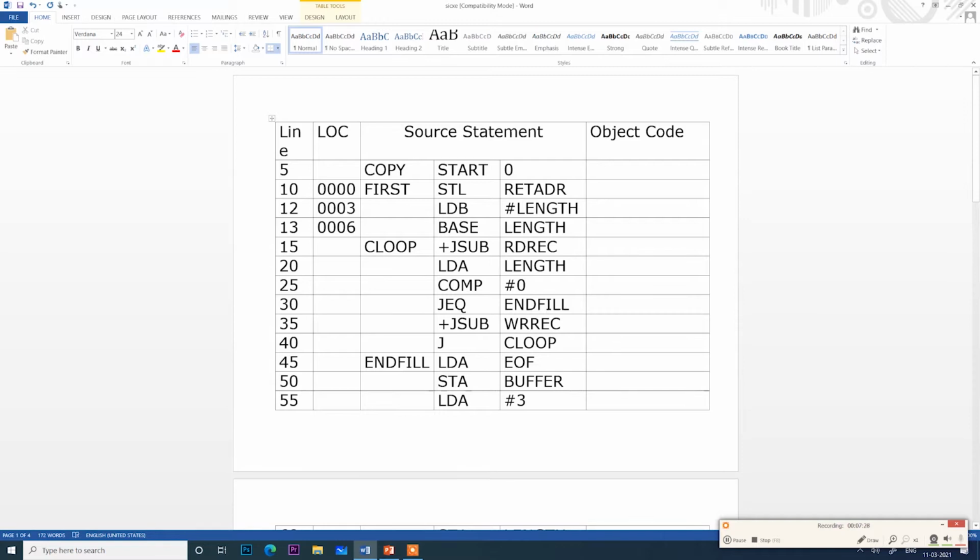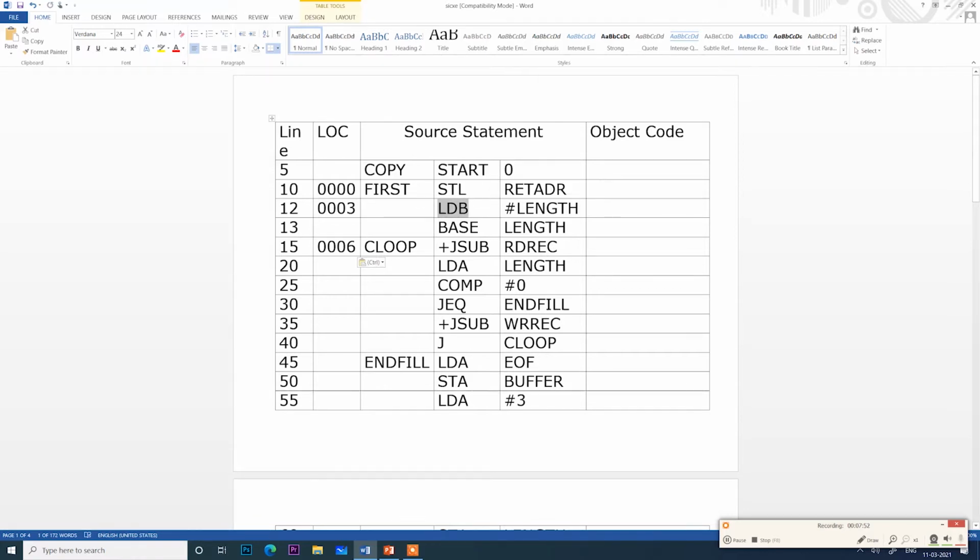Next, you can see here, listen, BASE is not an operation code, it's just a base register. So that is not an instruction; your instruction is actually this one, occupying 0003 to 0005.